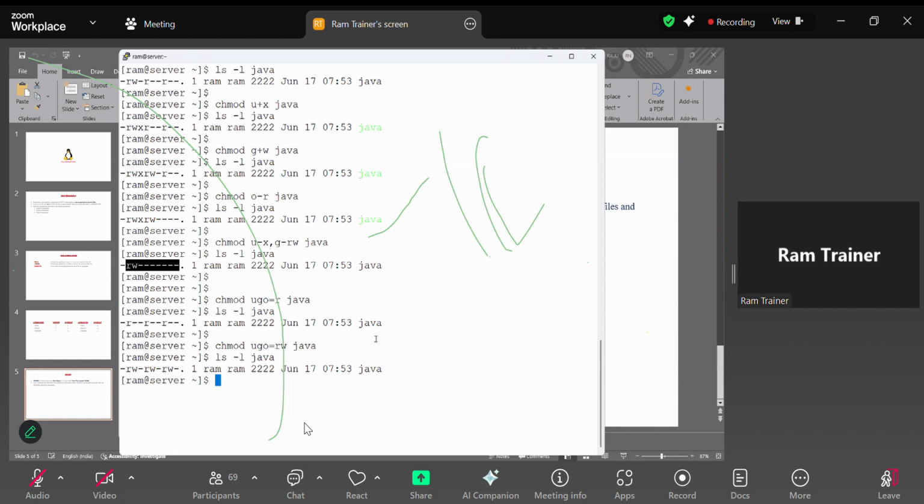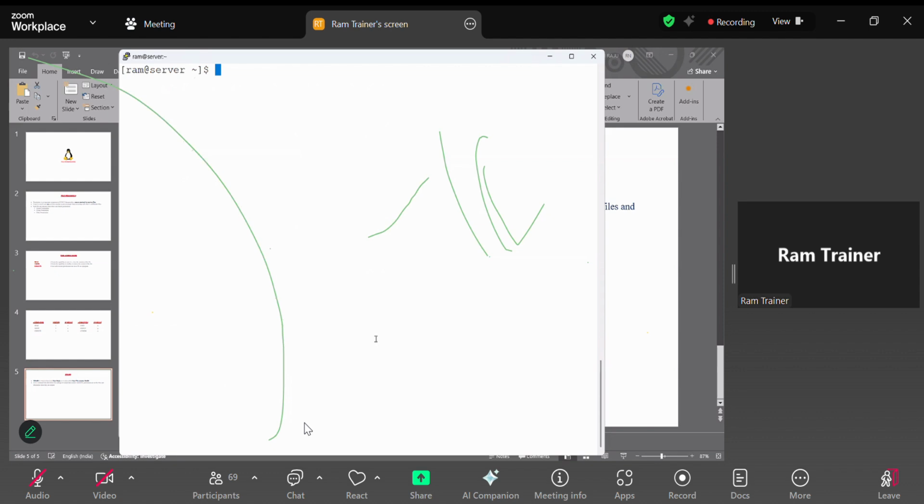This is one way of changing file permissions. It is one method, and we have another method. For example, chmod 400 of the Java file. Then what is the meaning of 400? You know that the first value is for user level, the second value is for group level, the third value is for others. I mean only the user can read the file. Others and group members get nothing. So here see, read only permissions for the user, and nothing for group members and others.